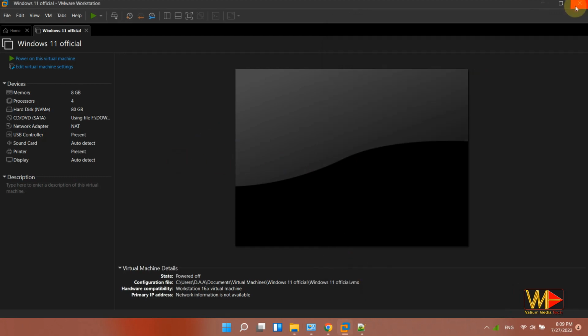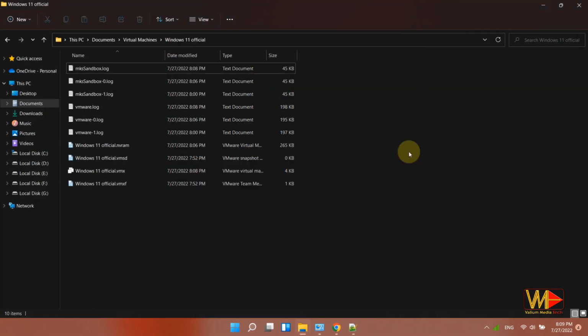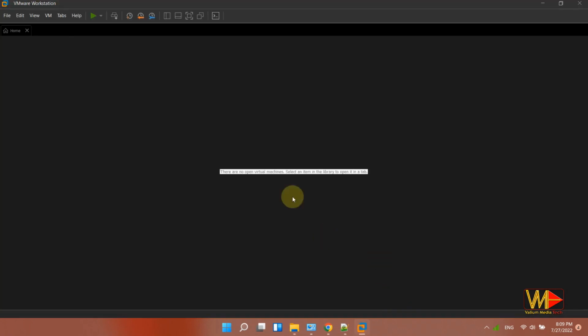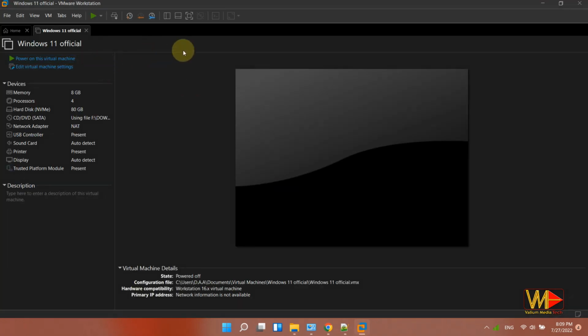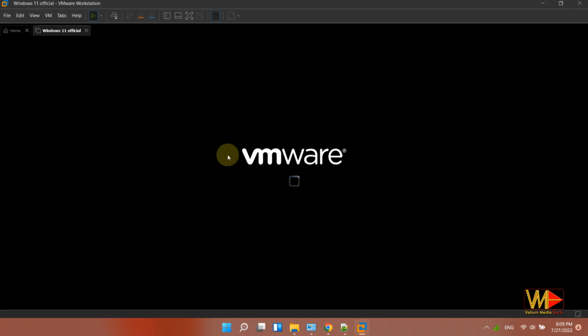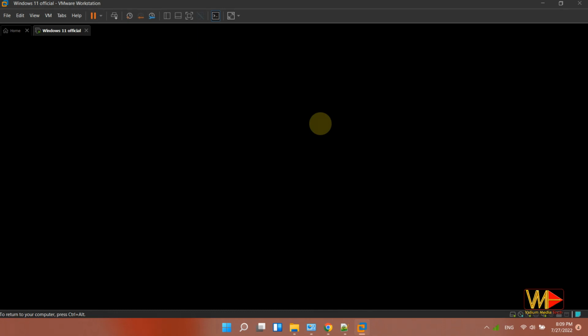Go back to the VMware app and close it. Reopen the app again. Click on Play this virtual machine and then click inside the VMware screen to direct mouse and keyboard input to the virtual machine. Press any key on the keyboard immediately once you see this message to boot Windows 11 from the